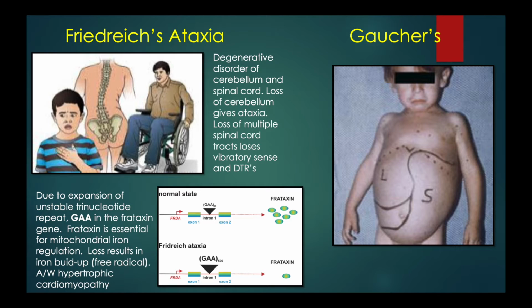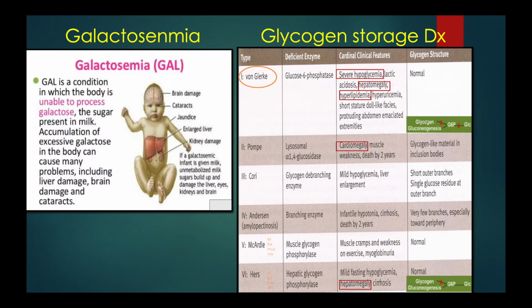Friedreich's ataxia is the frataxin gene, and this is going to lead to iron buildup, okay, which is a free radical. And then we got Gaucher's. And then, again, I'm just rattling these off just so you have them. You need to write these down and make sure you get them in the category. Galactosemia. Glycogen storage, okay? Those are always kind of tough to memorize, but if you just know it like this,